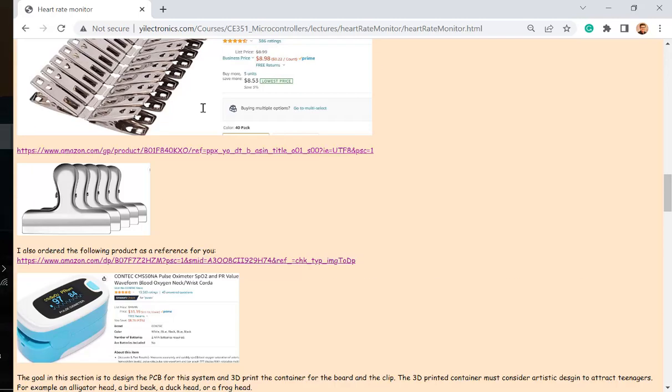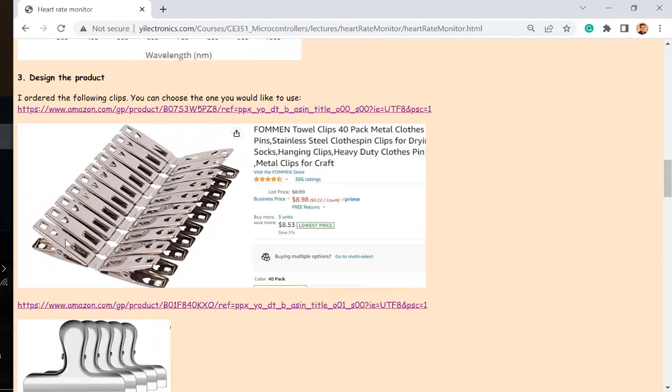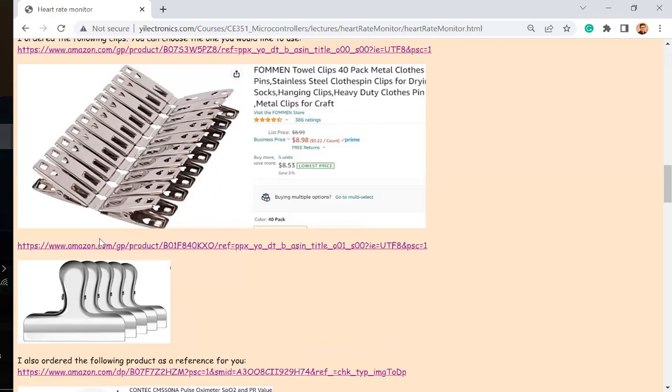Like this. So I ordered a lot of clips. It's on the way right now. I think like these ones or these ones. I don't know which one will be better. I don't have the experience of it. I haven't done that yet in the past. So